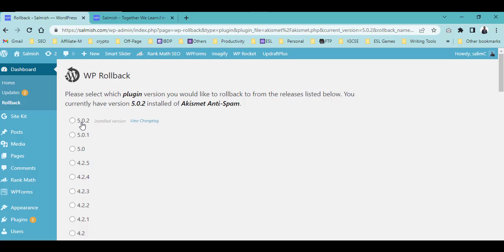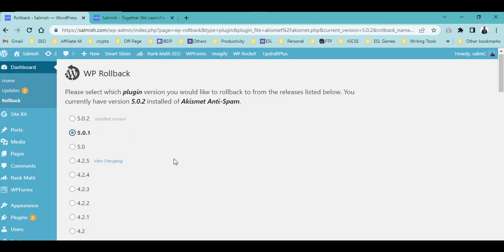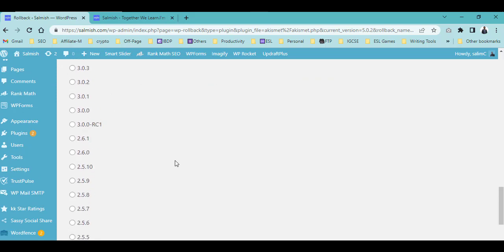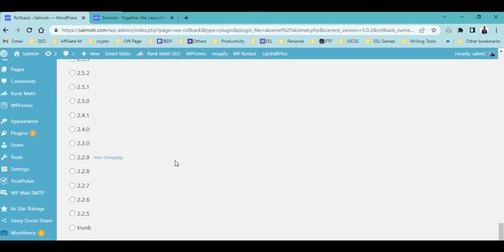Now if this is the one causing my site to not load, or something is breaking or not working, I just have to check any of the options that I want to roll back to. Usually the previous one works better. So you check that option, the radio button, and